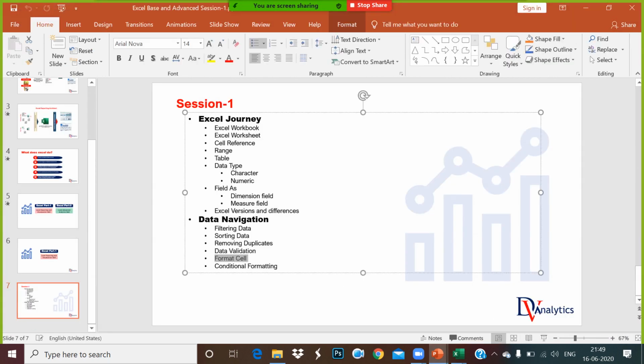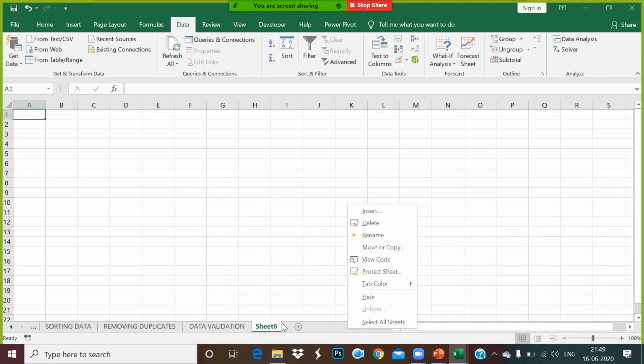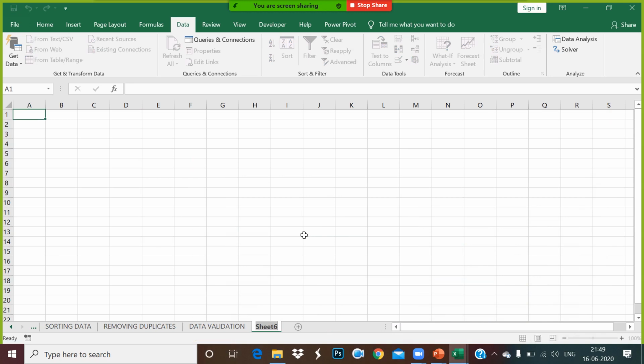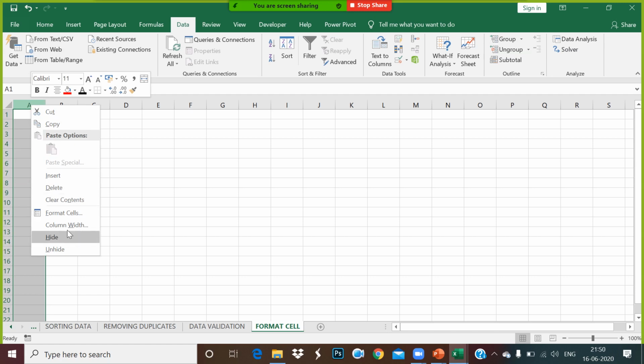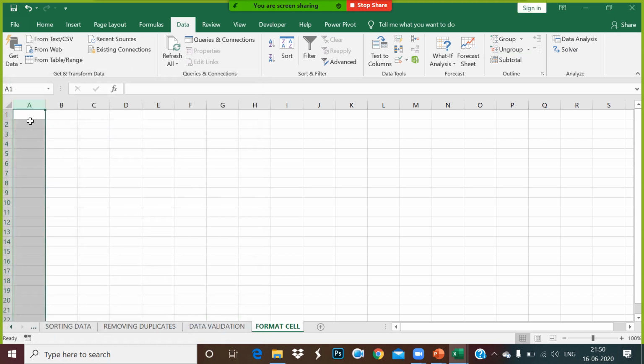Okay. Now guys, the next thing which I will talk about here, we'll start with format cell and conditional formatting. So let me show you what is called format cell. So rename it, call it format cell. Okay, so I decided that I will right click on this particular column and choose format cell for this column as a text field. So anything I put inside this cell is going to be all characters.